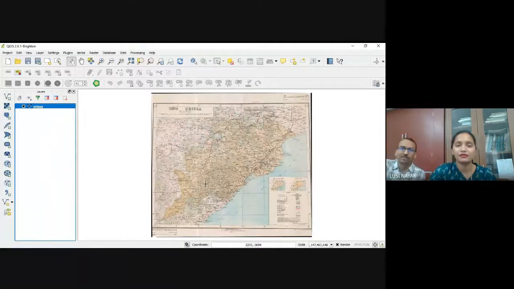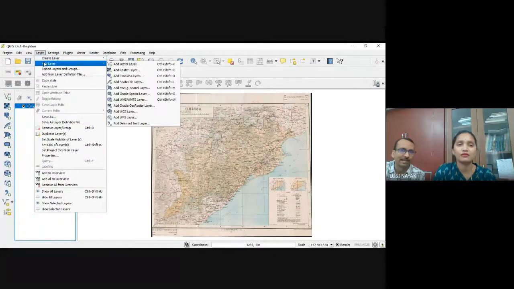So I'll tell you certain important buttons and tools here. Please see this Layer menu, which holds add layer. Here add vector layer is there, add raster layer is there. Raster layer means all the scanned maps and input maps, like this Odisha map; JPG and TIFF files are raster layers.